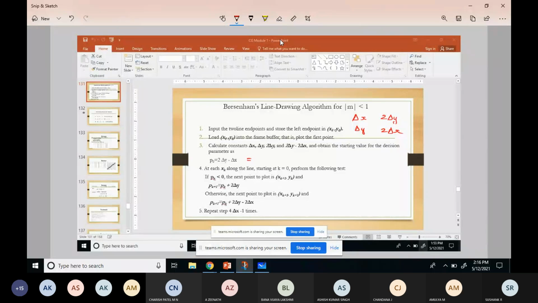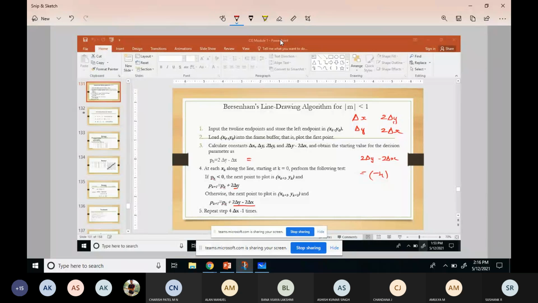So after this, you write this somewhere: this difference, 2 times delta y minus 2 times delta x, you note it somewhere. In our example, it was minus 4. So every time I was subtracting with minus 4. And this delta y you would have already calculated. So it will be easy for you. Based on the previous term, you can calculate the pixel for the next term. So keep these formulas, that's all.